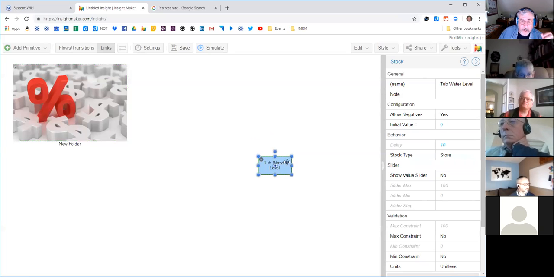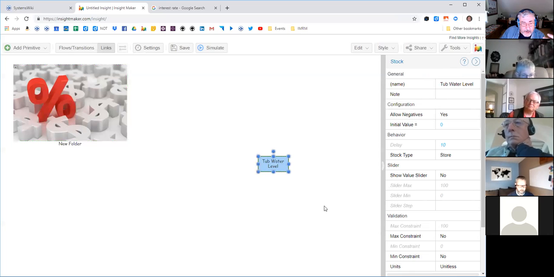To differentiate it from a variable, just so it's easier for people to realize that what I have here is a stock that cannot change instantaneously. It grows over time. A variable changes instantaneously based on the values that are used to compute it,